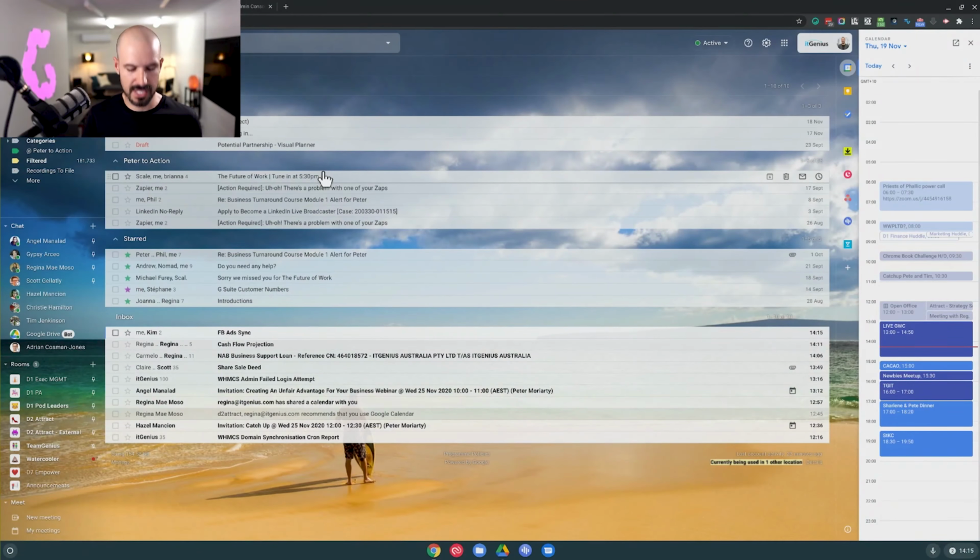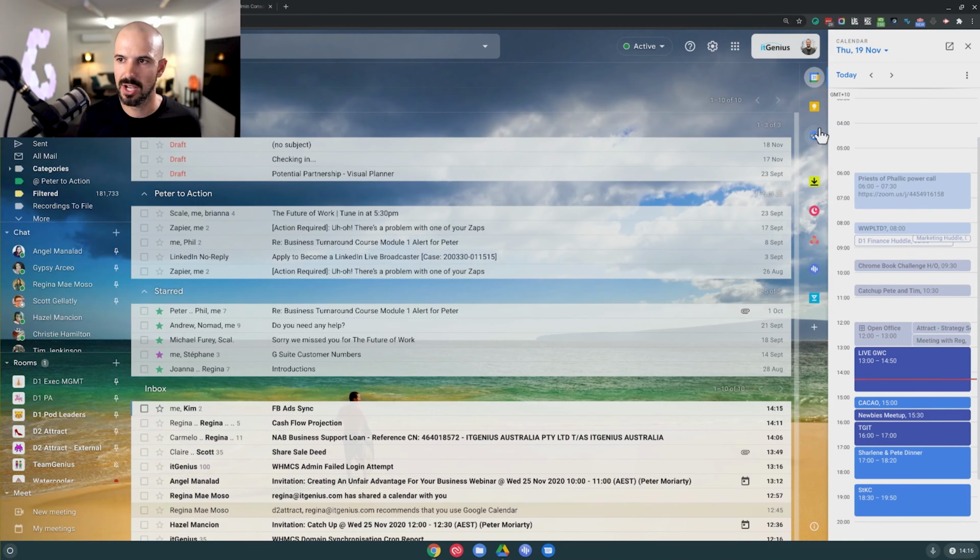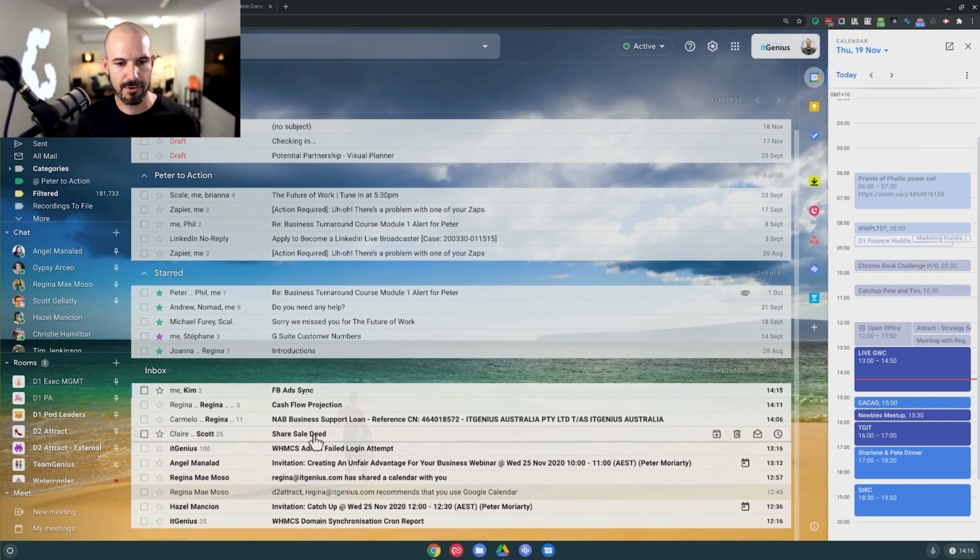But I want to share some of my best tips here and show you guys how they work, where you will use them, and why they are so darn useful for your Google inbox. Let me go ahead and open up my inbox here. So you can see I've got the new Gmail set up. On the right-hand side, I've got my calendar, which I love. I've got my Google Keep there. I've got all my emails here. I've got multiple inboxes and multiple lists of email in my inbox. I'm going to share a little bit more about that upcoming, so stay tuned for that.